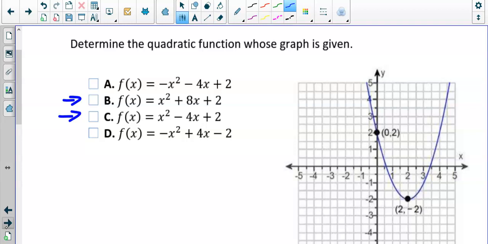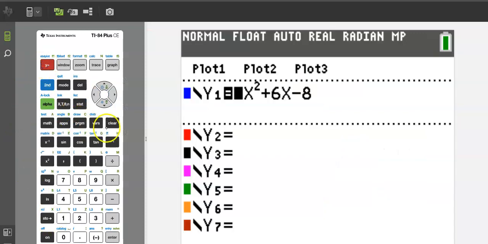You can use a calculator, right? Use it against them. You don't have to do a lot of algebra on this unless you want to. I will show you the algebra here in a second. But just go to the calculator. Let's plug in the first one and see if it gives us that same picture. So x squared